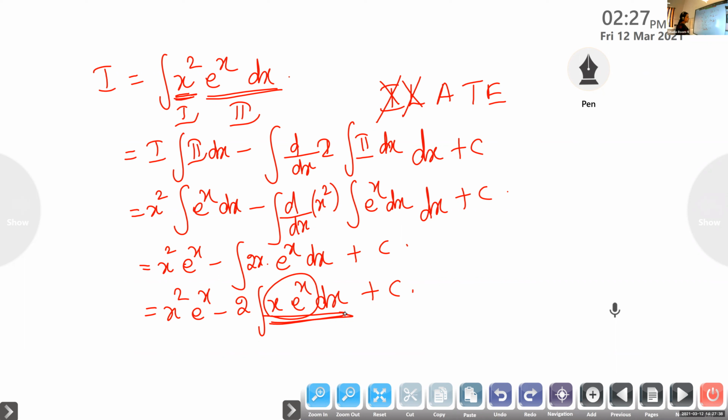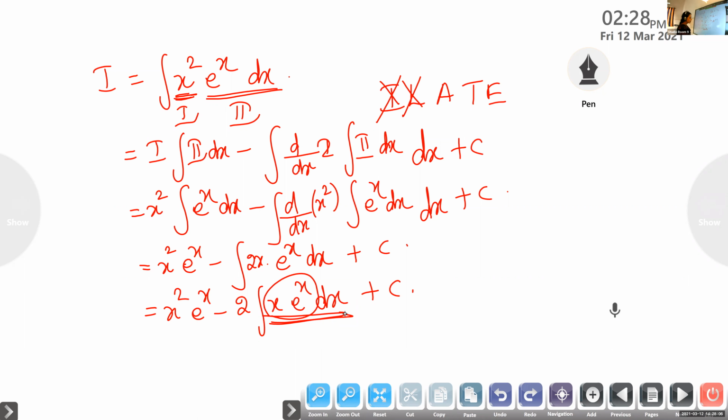Because if it is x, we can do it. Integral of x, we know. Integral of e raised to x, we know. But look here, we have a product of two functions. We have not learned a rule like that. If it is sum, plus or minus, we can split it into two integrals. Here x is there, e raised to x. Two functions are there. So we have to use integration by